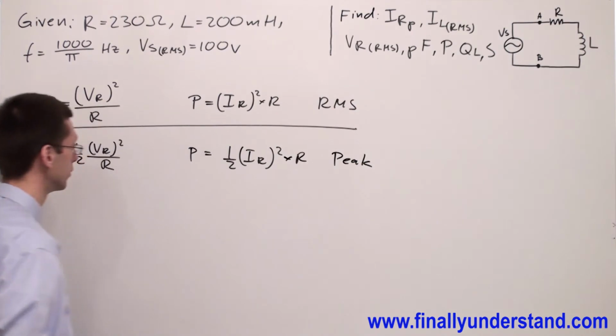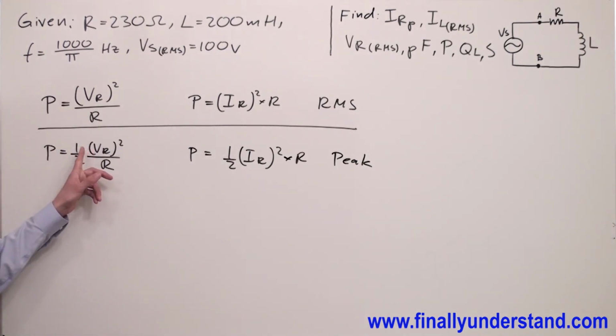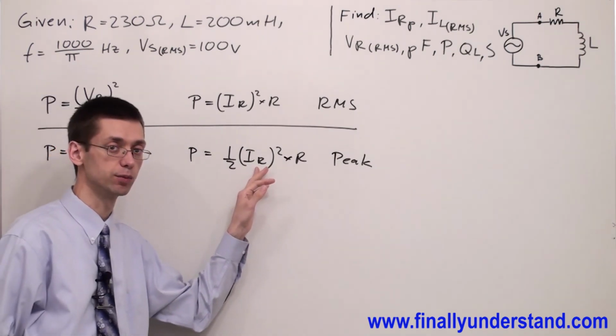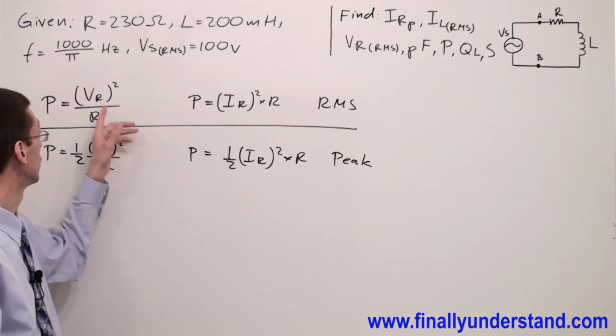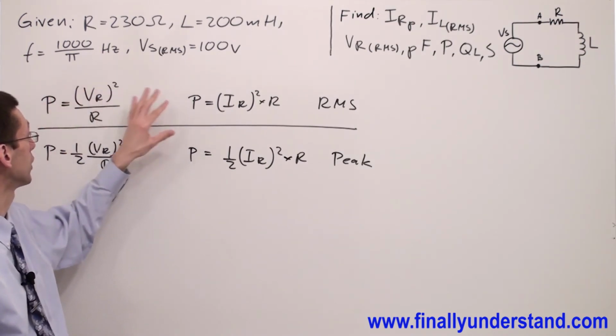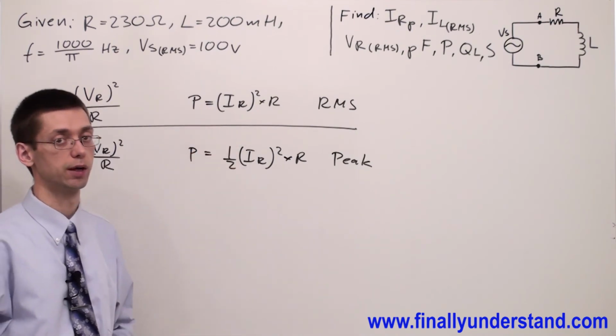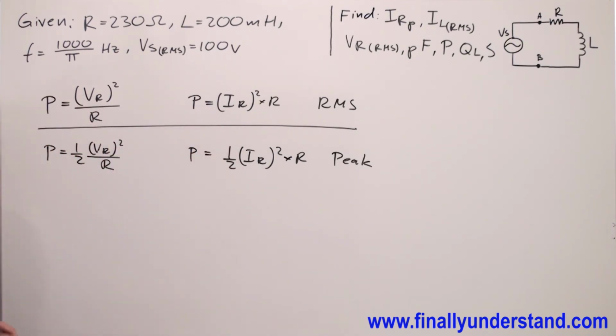What I mean by peak values is that the voltage across the resistor must be peak, or the current must be peak. So when I'm going to use these formulas, I have to make sure that the voltage is RMS and the current is RMS. So we have to find true power. P true is equal